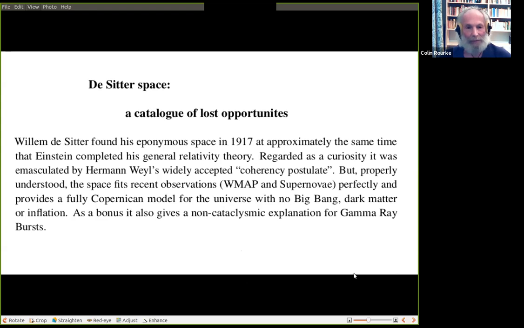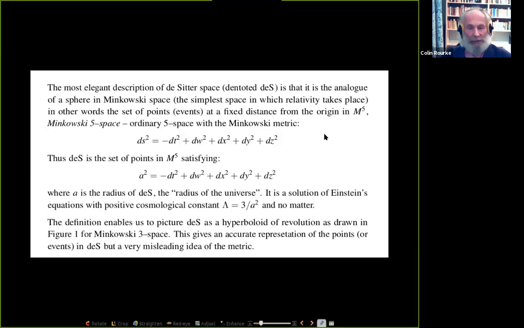Okay, let's go on. The most elegant description of de Sitter space is that it's the analog of a sphere in Minkowski space. Minkowski space is flat space for special relativity. It has a metric, ds squared equals minus dt squared, that's the time coordinate, plus the space coordinates. I've got Minkowski 5-space because I want a 4-dimensional manifold for space-time. So I want a sphere in Minkowski 5-space. You take the points in Minkowski 5-space which are a distance a from the origin. And there it is. That's the equation of